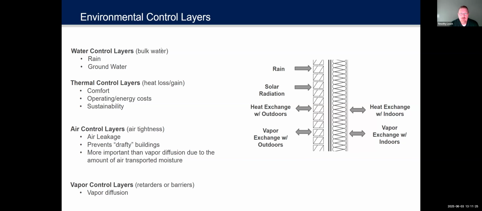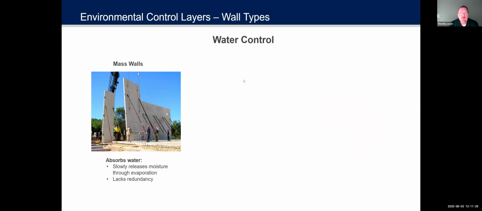And we're going to look at, in this case, other types of structures. So, water control. First, we have mass walls here. And in this case, tilt wall precast sort of structure, concrete walls. The issue here is once the moisture gets into that wall, you've lost the battle as far as moisture is